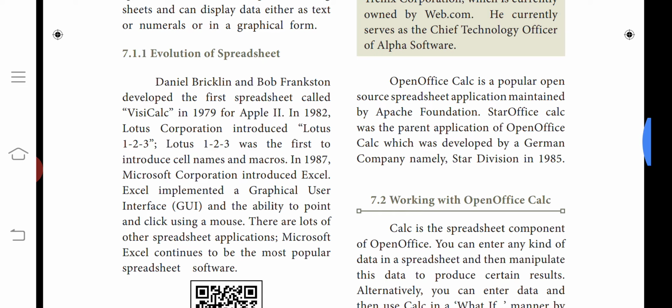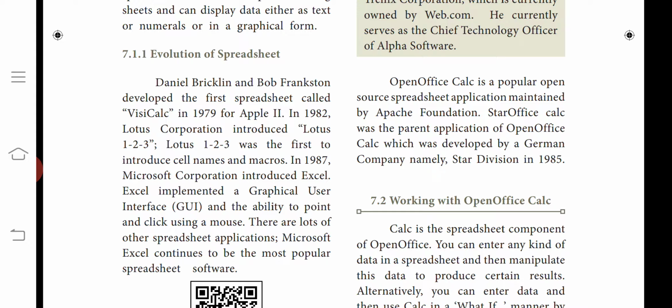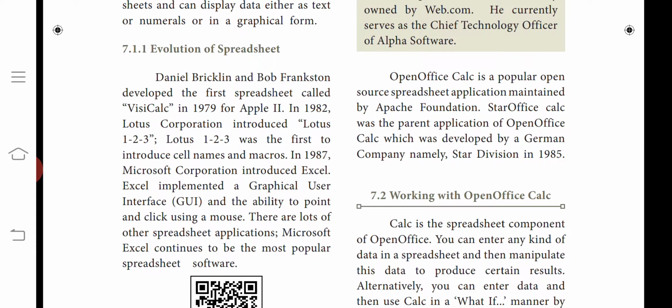OpenOffice Calc is a popular open source spreadsheet application that is maintained by the Apache Foundation. StarOffice Calc was the parent application of OpenOffice Calc, which was developed by a German company, Star Division, in 1985. Like Excel, OpenOffice Calc is a popular spreadsheet application used for storing data and for calculations.